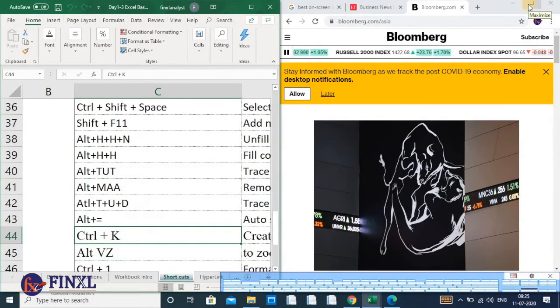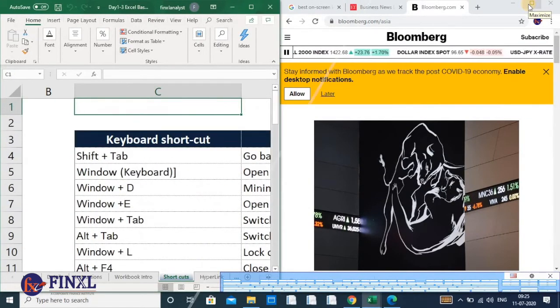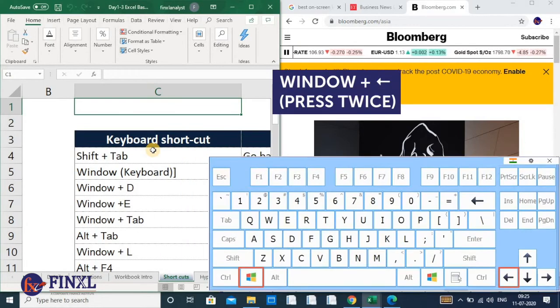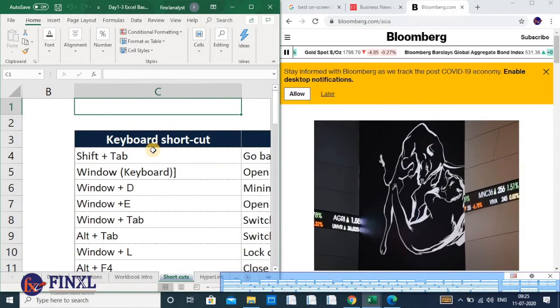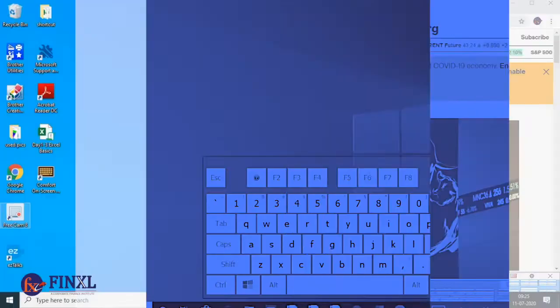You can compare the numbers from a side by side view. And if you want to show this window on the left side of your computer, you have to press window left arrow key 2 times. When you press 2 times, it will be shown on the left side of your screen if you are using two screens on your system.